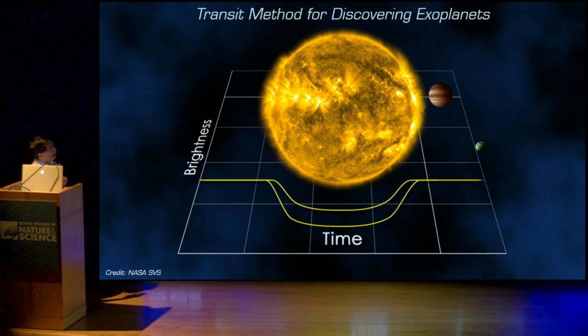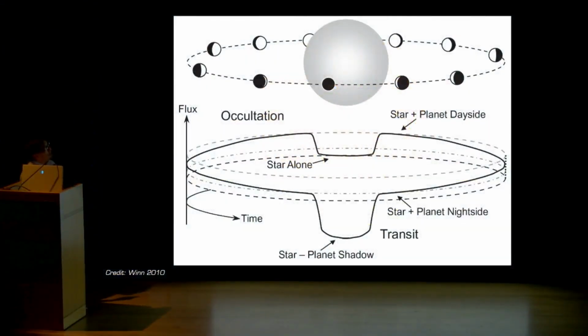Now, it can even allow us to get even more information, because if you think about what's going on during one of these orbits, so if you imagine that we're following a planet in its orbit, we're seeing the backside, the nighttime side of the planet when it's on the side of the orbit that's closer to us, and this side tends to be the nighttime side, so the side that's not lit up by the star. But when the planet is on the other side, we're seeing the daytime side of the planet. So what that means is that if you have very careful observations of the light coming from the star, which is something that you can do with spaceborne telescopes, what you find is that